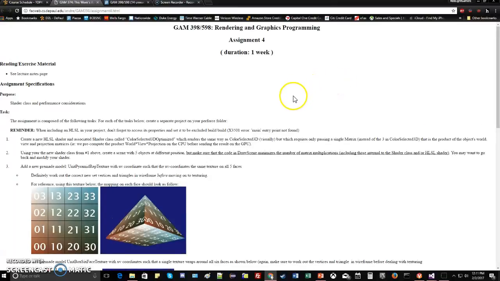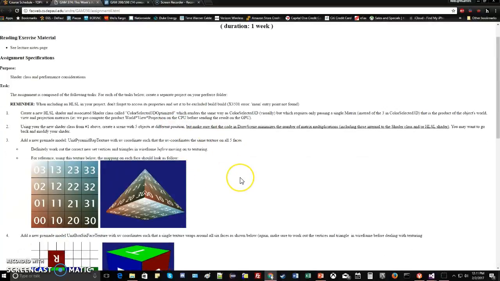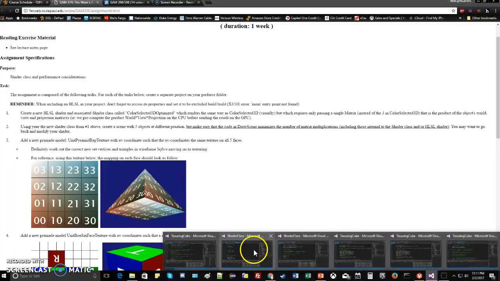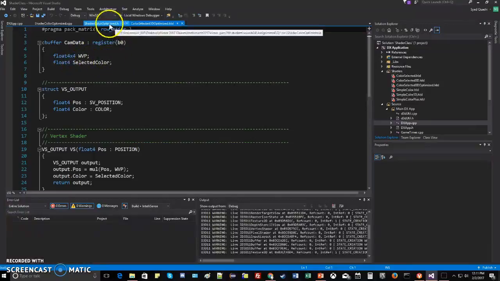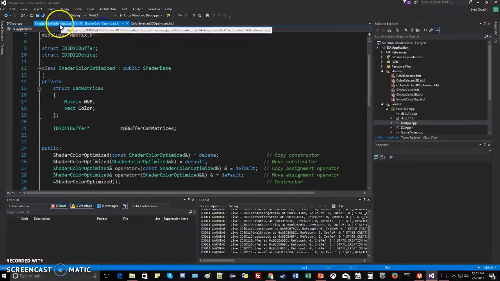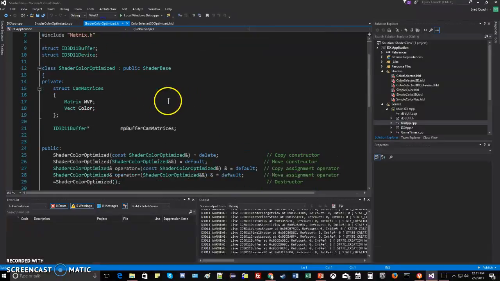Hello. So for assignment 4, for problem number 1, we have to create our own shader class called color selected 3D optimized and make use of passing a single matrix. So here I create a color selected 3D optimized shader file which has one matrix for worldview and projection, and then one vector for the color,